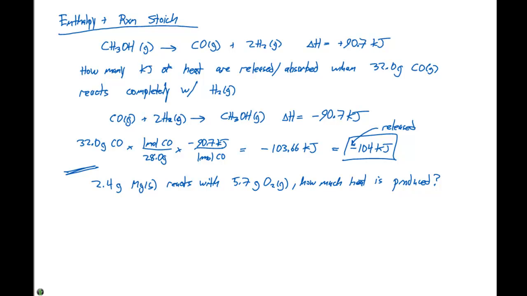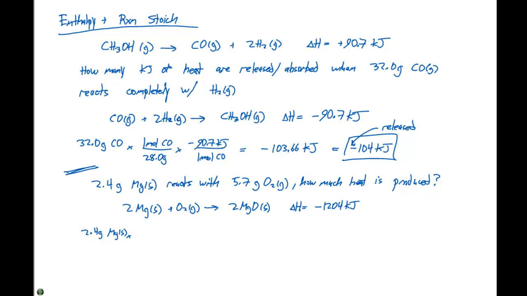So in this particular case, we need to have the overall balanced equation, and that is 2 magnesium solid plus O2 gas, giving us 2 MgO solid. The delta H for this particular reaction is negative 1204 kilojoules. The thing that we have to look at now is we have to look at this problem in terms of a limiting reactant. So if we have 2.4 grams of magnesium,